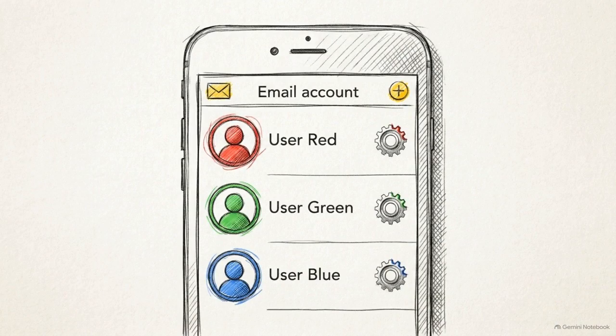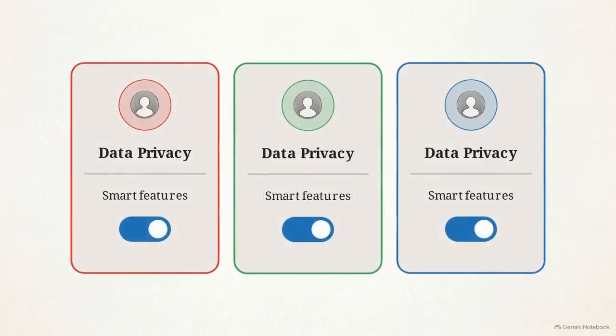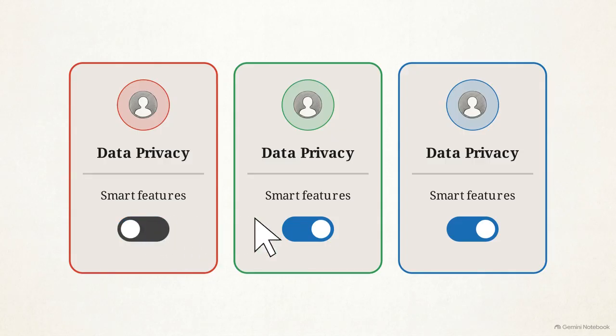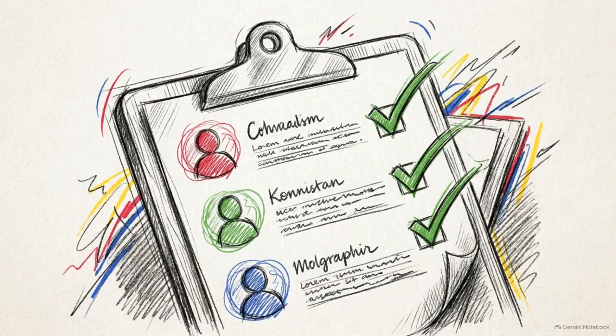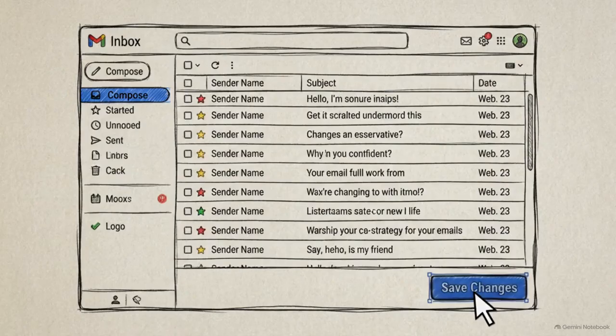Here is the most tedious part. These settings are tethered to individual email addresses, not to the Gmail app itself. If you have 3 different Gmail accounts logged into your phone, you have to go through this entire sequence 3 separate times to ensure every inbox is locked down. To reach a full state of privacy, every email address you own must be treated as its own separate configuration task. Once you've updated every account on both desktop and mobile, your inbox is officially disconnected from the Gemini-era data